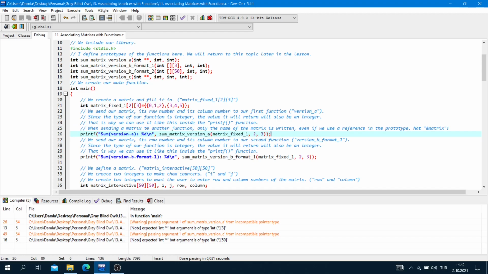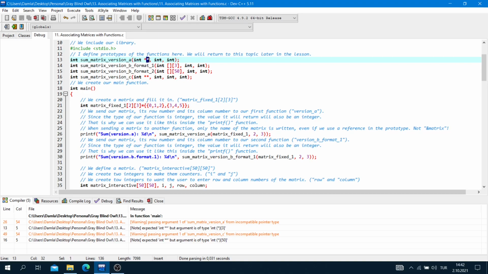Okay, when sending a matrix to another function, only the name of the matrix is written. So if we want to send our matrix to our function, we have to use only its name, matrix fixed 1. Here is its prototype: integer, sum matrix version A, integer pointer pointer, because our matrix has 2 dimensions.